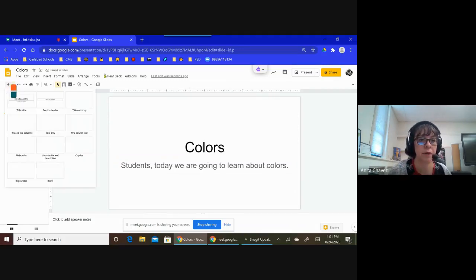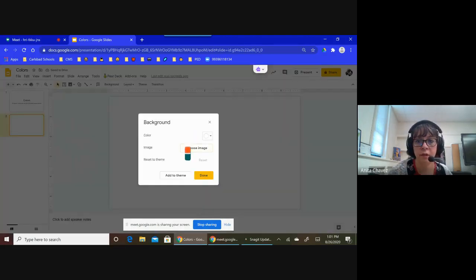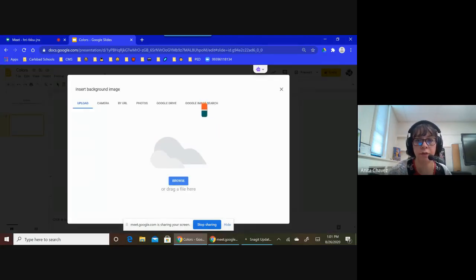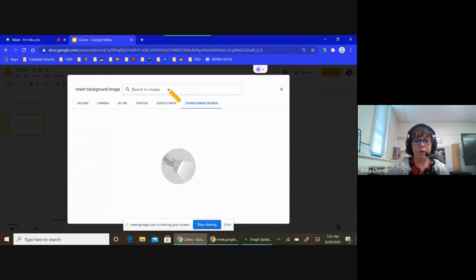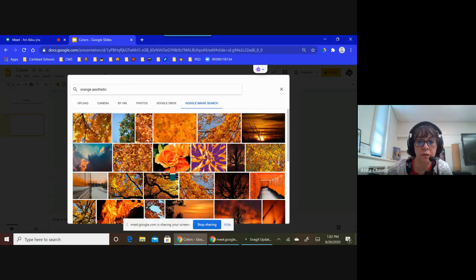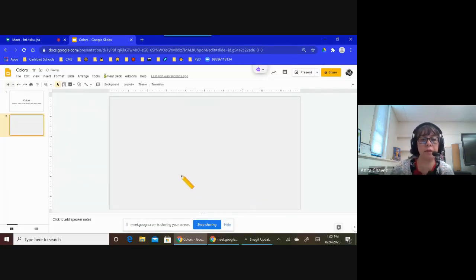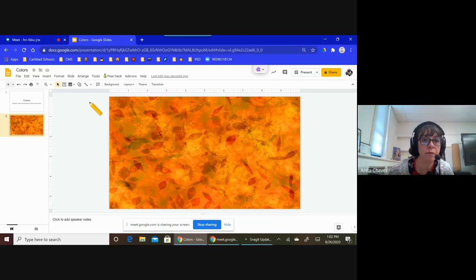And so I'll set up my next one, and I'm going to start with a blank one. And I think I'll start with orange. So I go to background, start with a color, and just look up orange. And it can be pretty much anything you want. This is taking a while. But then I'm going to be putting in some layers here.